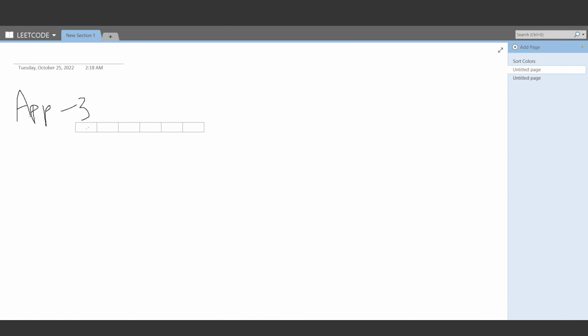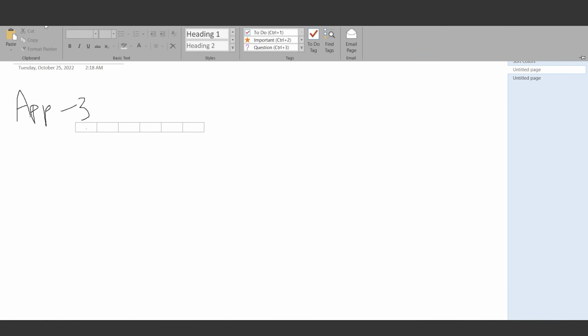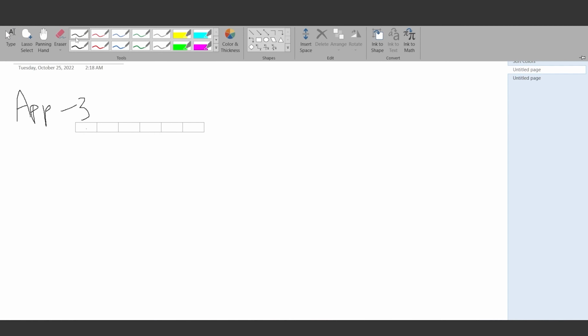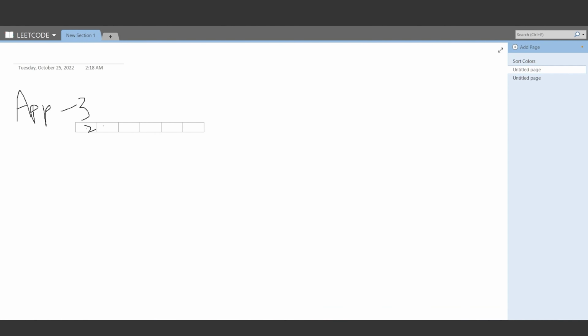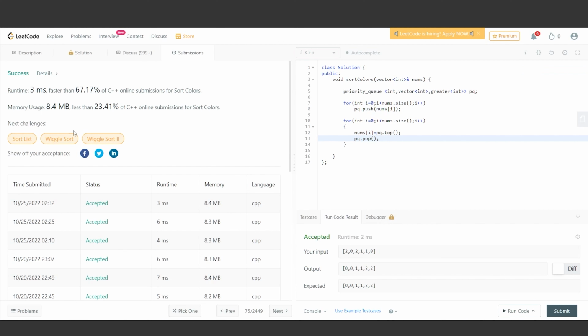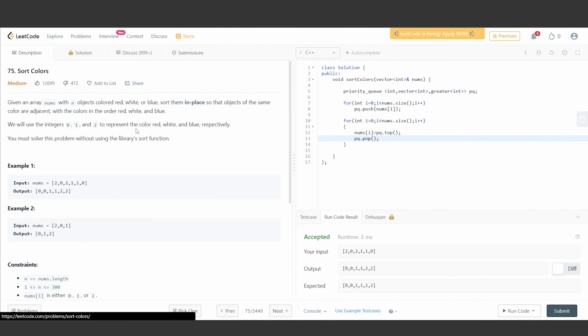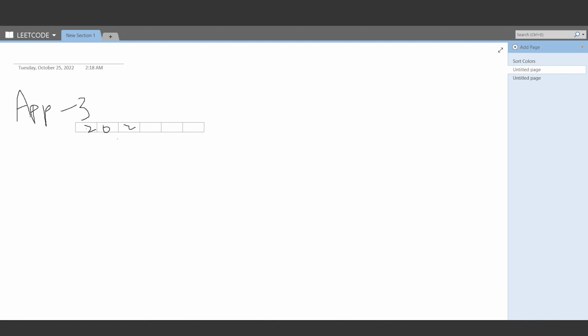This is what we do. Yes, it was 202, 202 110. So 110. Okay, as we can see, there are three colors, and each color has been given one number. So the possible